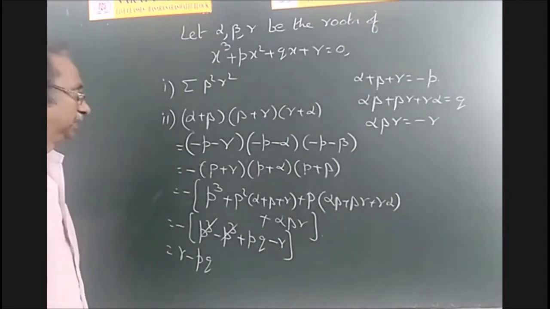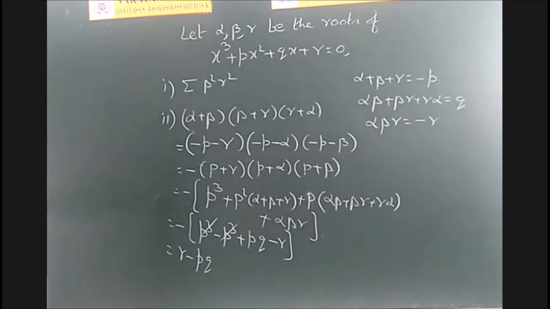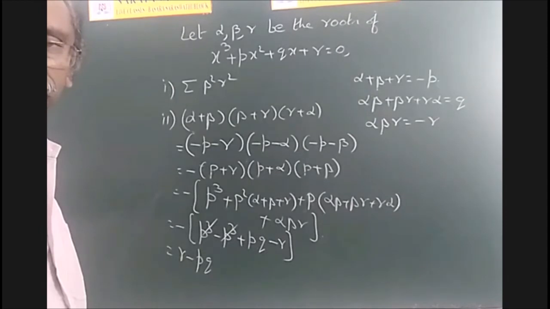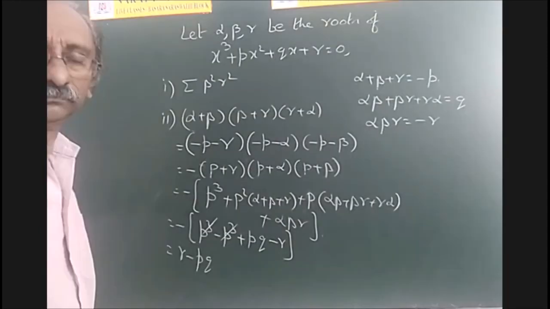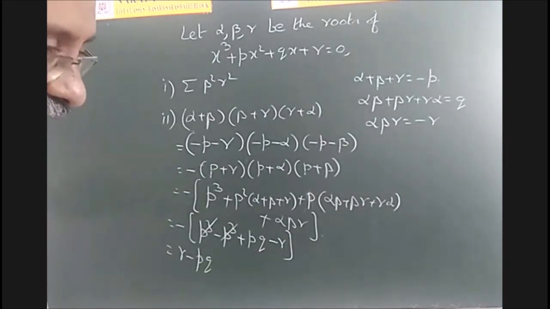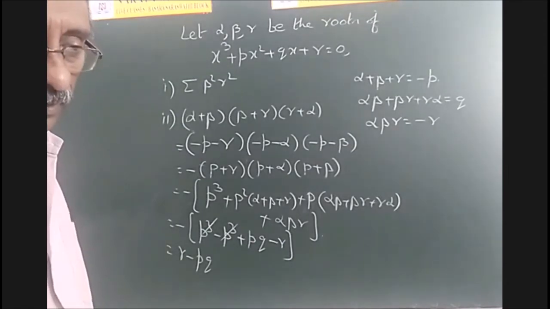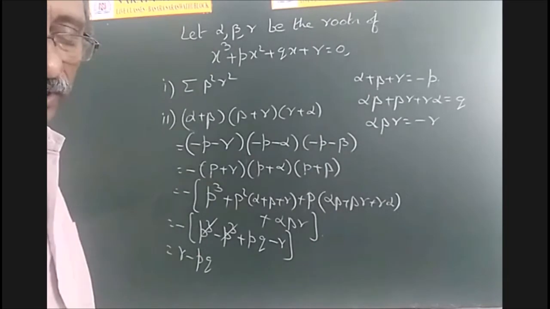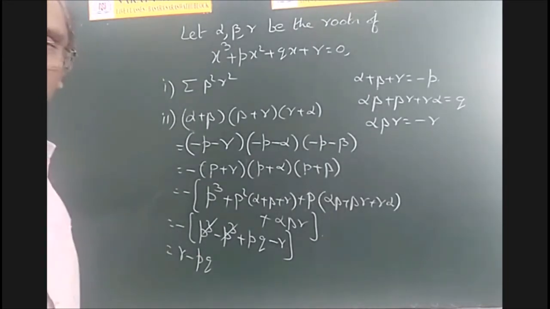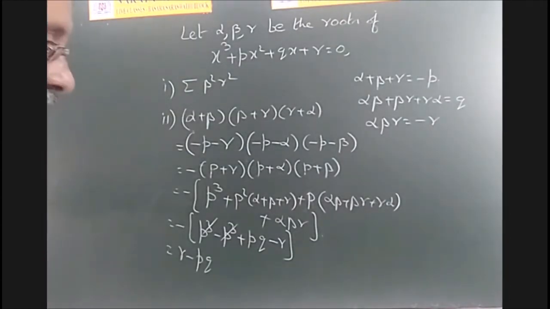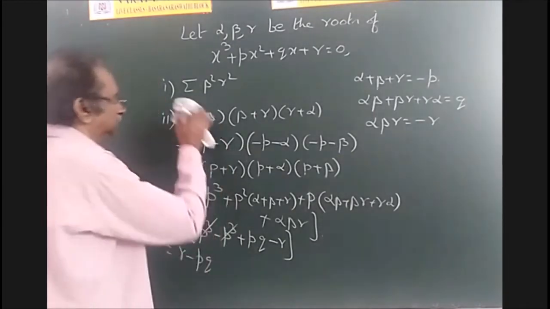Okay. So that is alpha plus beta into beta plus gamma into gamma plus alpha. Any doubt in that? Banu Teja: Sir, you wrote sigma beta square gamma square, na sir? Yes, that is the first problem. I will do that now. There are two problems; I have just done the second one. Now I will do the first one. Tejesh Naidu: Sir, first one answer is q square minus 2pr, sir. Okay, I will do it and we will confirm that.